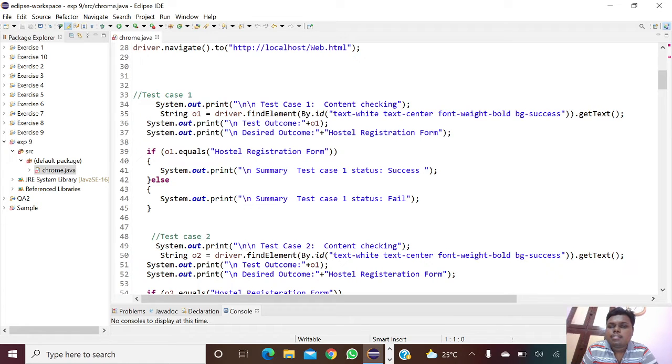This is the title of the registration form. If o1 equals the registration form, if the case is satisfied, it will print success, otherwise it will print fail.